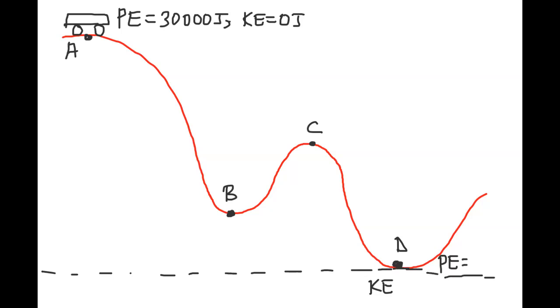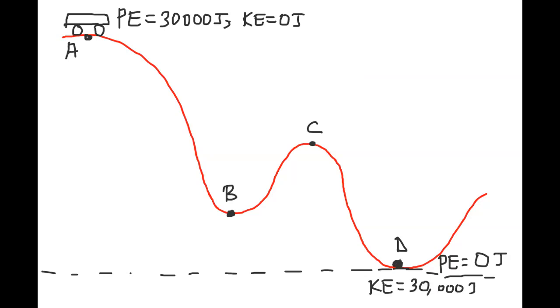So this is a reference line. Potential energy has to be 0. The height is 0 at that point, so potential energy is 0 joules. And kinetic energy must be all of it, because we have lost all the potential energy at that point. When the roller coaster is at point D, we have lost all the potential energy. Therefore, it has to be kinetic energy, which is 30,000